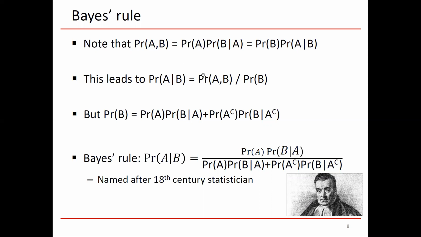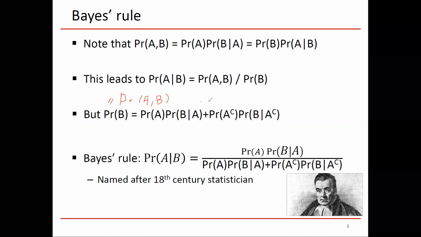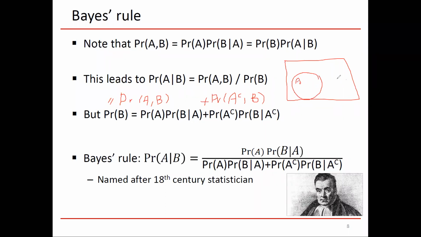Now, with this Venn diagram type of interpretation, the probability of B is equal to the probability of A and B, and when I'm saying A and B, I mean A jointly with B, plus the probability of A complement occurring jointly with B. Because we have this Venn diagram, this would be A, this would be B, and let's say that A complement will be the shaded area